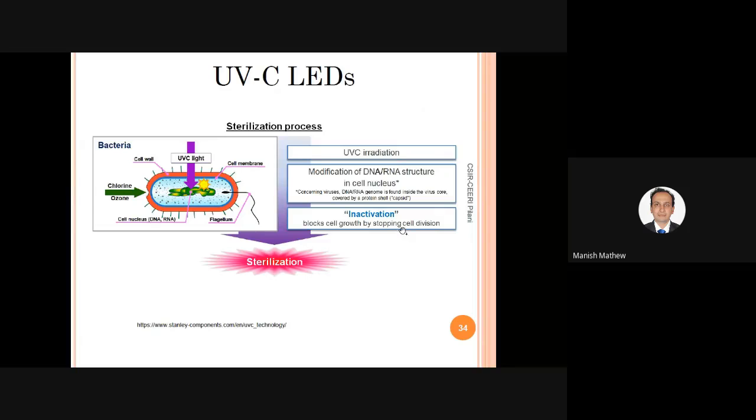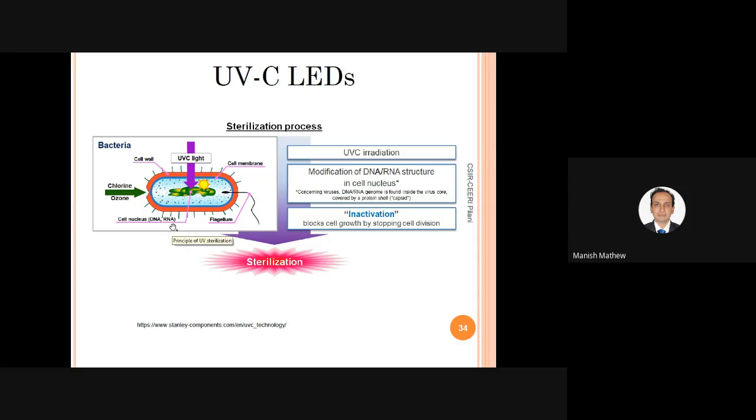So take an example for this bacteria. If you look at this image, this bacteria has a cell. It has a cell wall, and below that wall there is a blue line which is a membrane, and inside this cell you have a cell nucleus, this green color one, which has a DNA and a